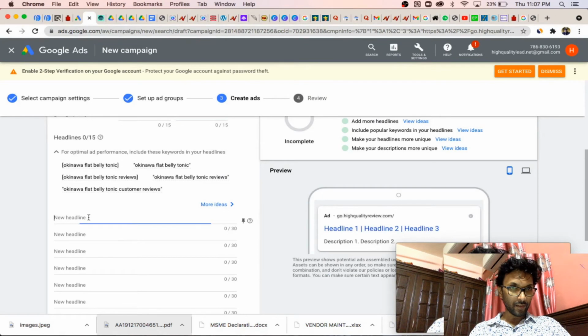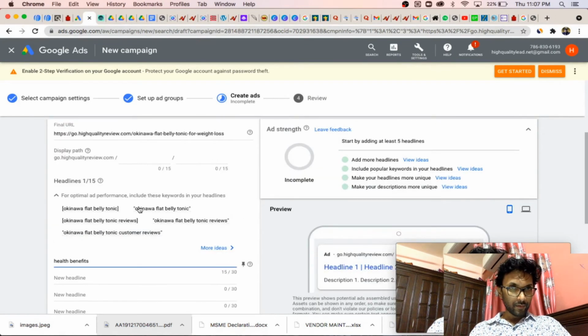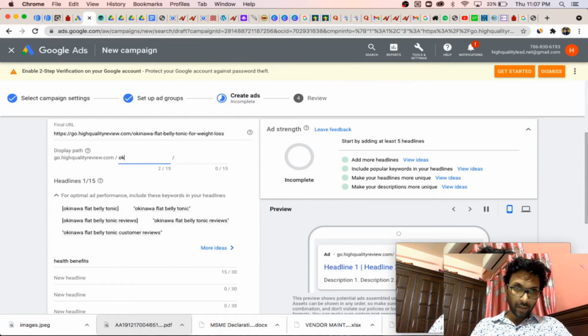Here you put Okinawa underscore flat belly underscore tonic.